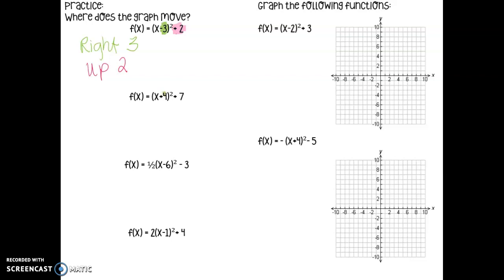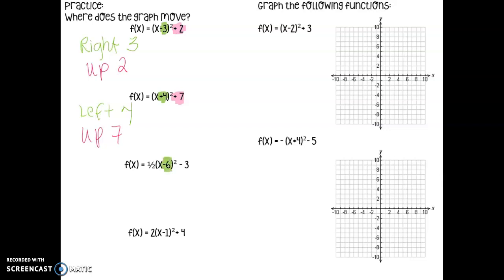Same idea for the next one. Inside parentheses, my h value is a positive. So in this case, I will be moving left 4 spaces. Since k is also a positive, I will be moving up 7 spaces. I like to do those two values first before I look at my a value. So if I look at the next one,